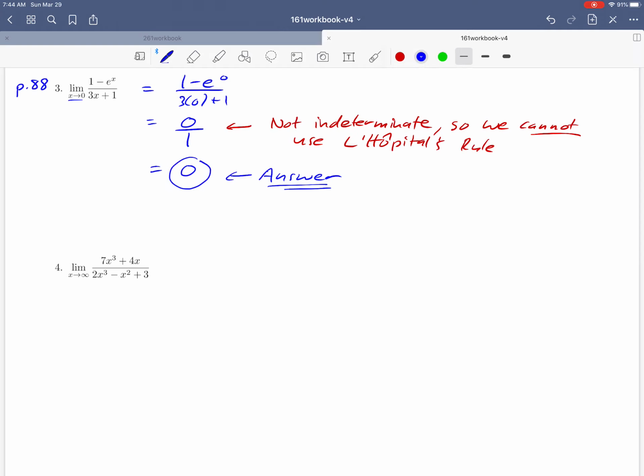So a couple of things maybe to realize looking back at this example. Number 1, you won't always need L'Hopital's rule. Some limits you can do using just the old techniques that we talked about. And number 2, probably most importantly, it's important to check and make sure that you have an indeterminate form before you use L'Hopital's rule. You may have noticed that if you try to use L'Hopital's rule on this problem, you actually get a wrong answer, illustrating that it's important to know that we're in an indeterminate form before we use